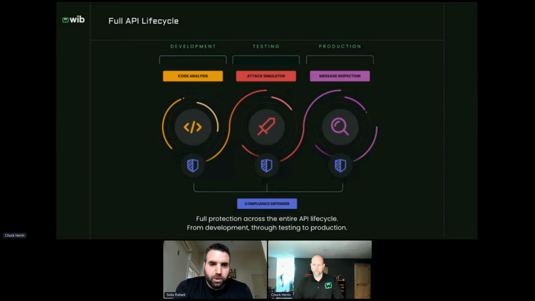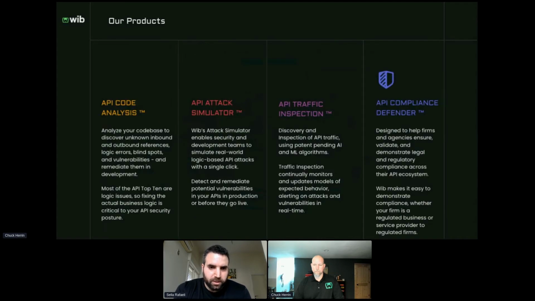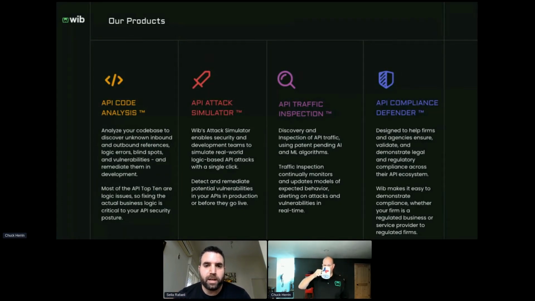So guys, the first and most important thing is, as Chuck mentioned, we're talking about full lifecycle API security, because we want to make sure the organization itself is covered. We want to make sure the APIs are secure, and this necessitates both tech and processes in different parts of the lifecycle of APIs within the company. So we can divide it into the development, the testing, and production phases, and we take the data from all of these into one aggregated view of the Compliance Defender, but each part of the API lifecycle necessitates a different approach, different technology, and all three aspects together must be merged in order to make sure that the organization is covered in all parts.